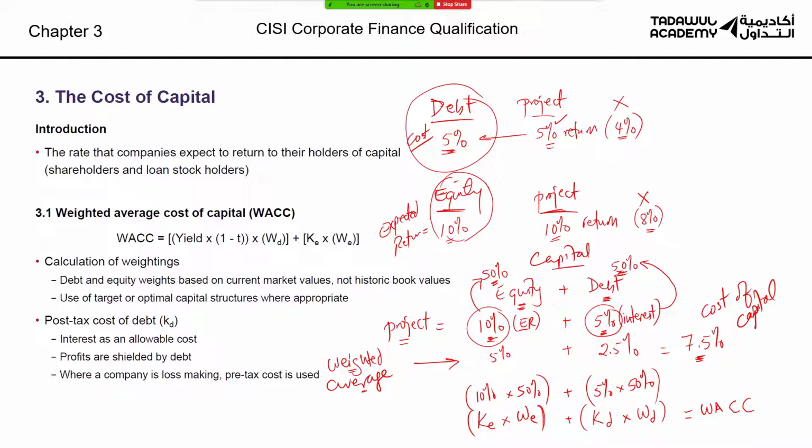Usually we go for the historical side. How? Because this debt, this project that we're going to finance, we are going to use existing debt, unless we are going to make a new borrowing. If we are going to be making a new borrowing to finance this project, then we have to use the cost of that borrowing. So it's not historical or projected. For the equity side, if we are using existing equity, then we are going to use the existing cost of equity. If we are going to make a new issue of shares, then we have to use the cost of this new issue of shares.